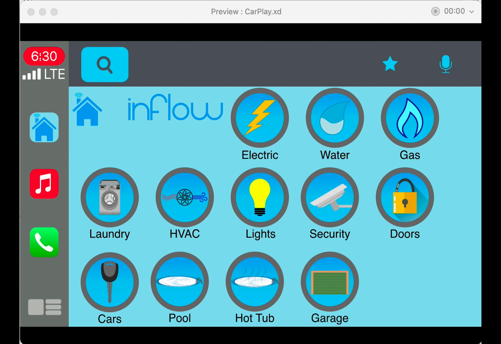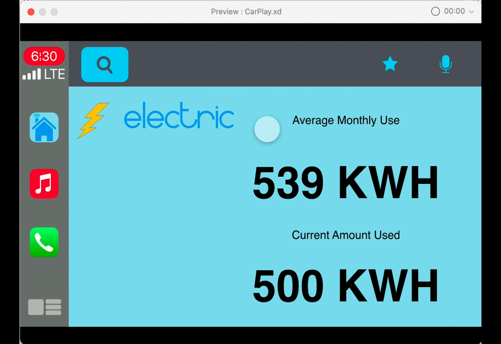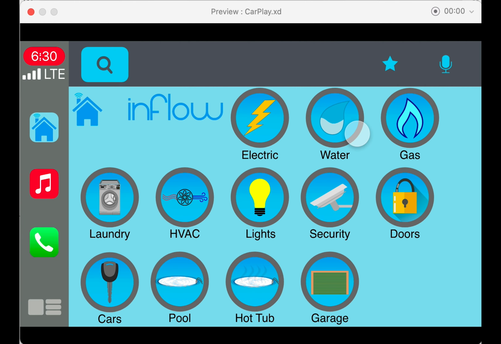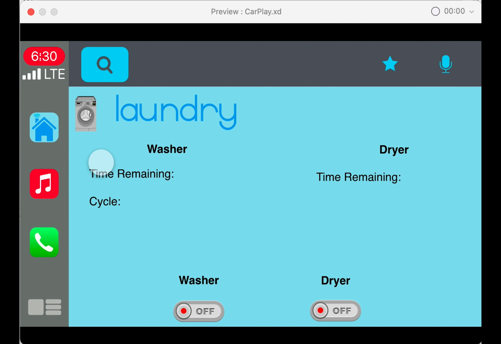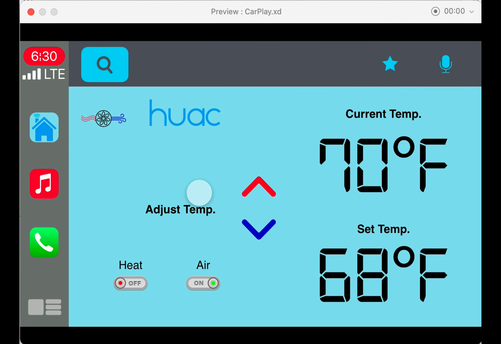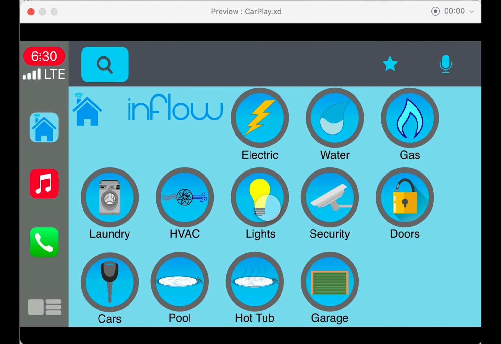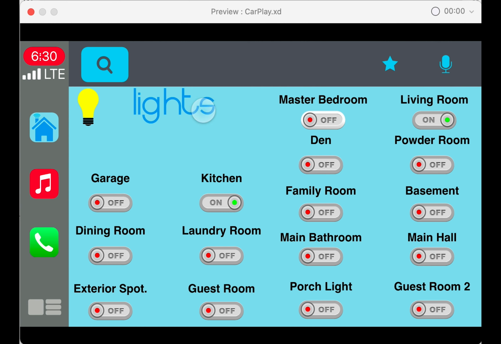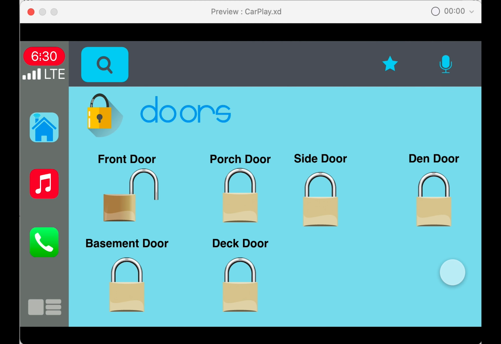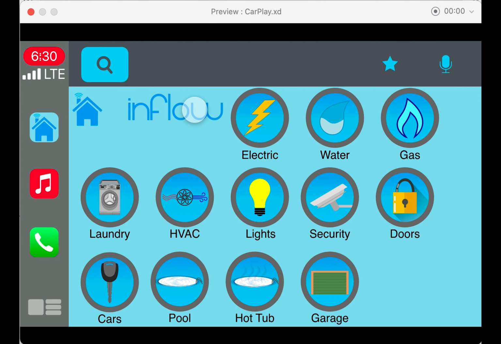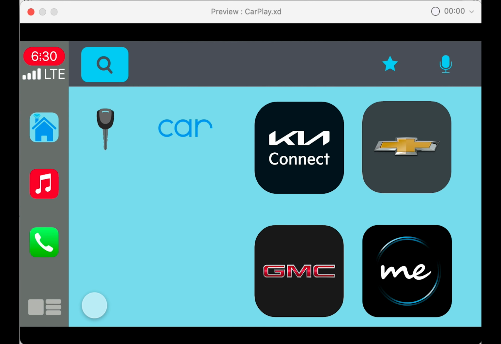So my second choice was to do CarPlay. Again, you can look and see how much electricity you've used, water, all that, which in the car would be a little irrelevant. But the other ones, you're driving somewhere and you want to make sure your doors are locked, or check your security camera, or you're on your way home from work and you have laundry that you want to start, or you want to open the garage door. I know most cars have the garage openers in them now, but